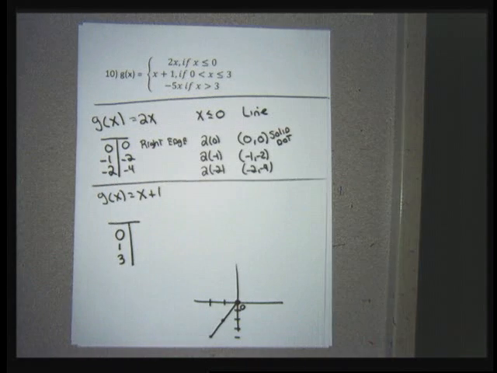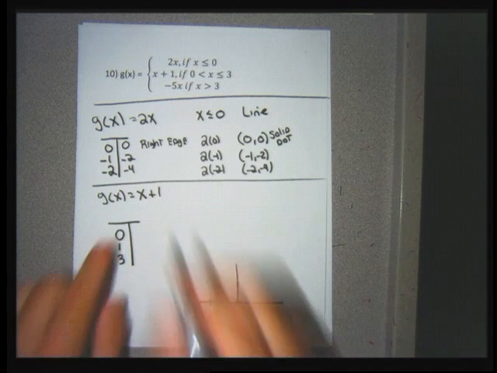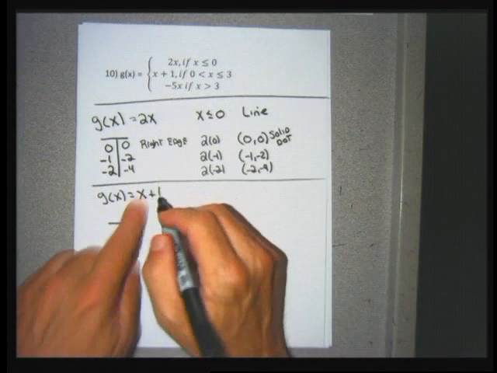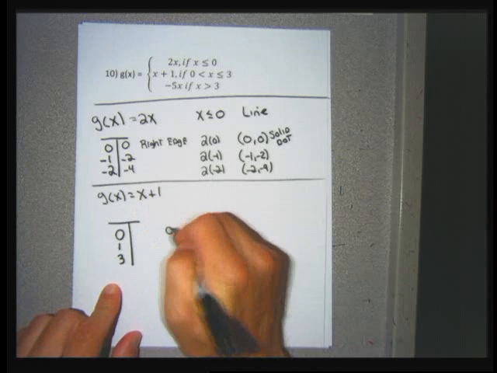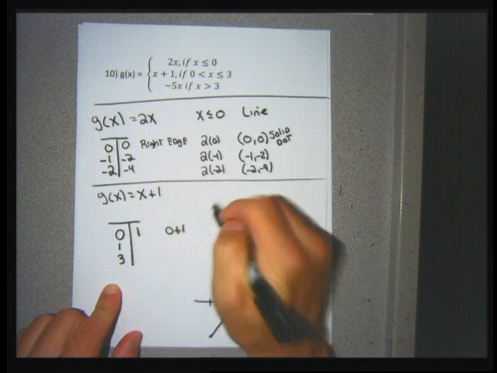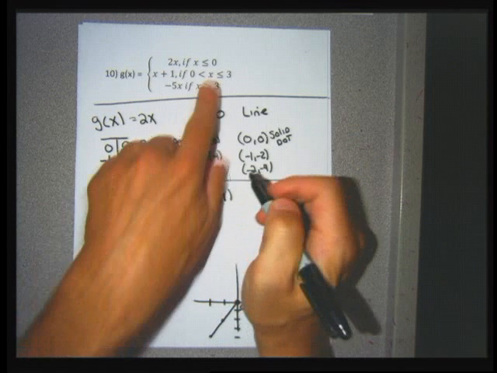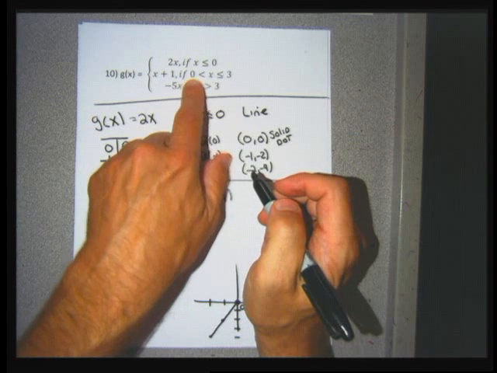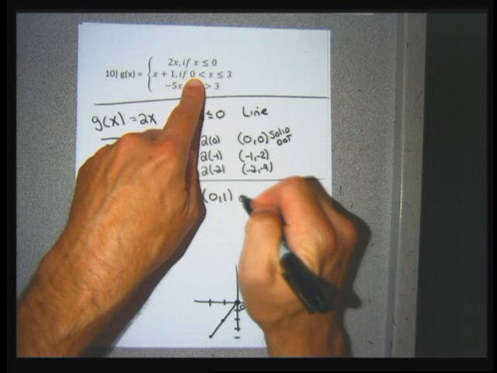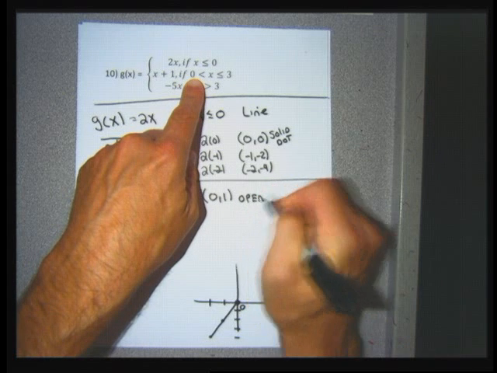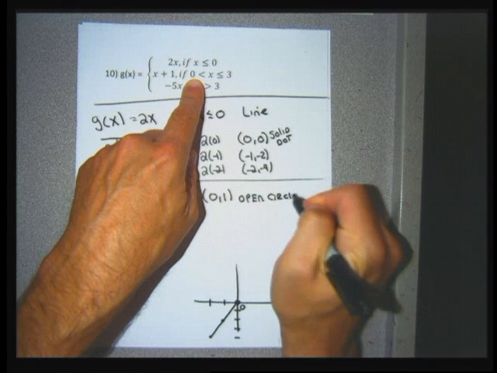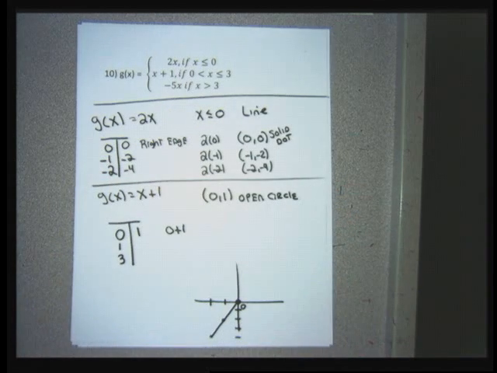And I'm going to plot the 3 points. They're going to connect to be a line. Then I have to be careful about my open and closed circles. So let me figure out what the y's are first of all. When I plug 0 into x plus 1, I get 0 plus 1, which is 1. That's going to give me the point 0, 1. And when I look at this inequality, the 0 doesn't have an "or equal to" with it. So when I graph this,